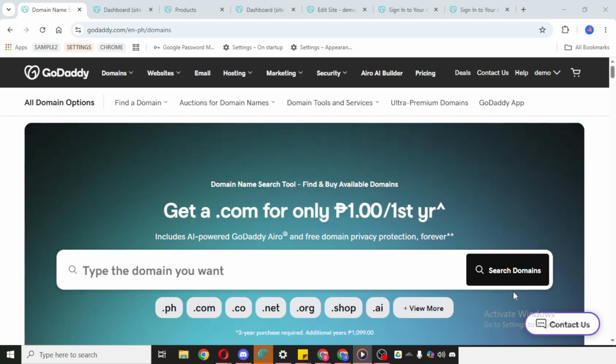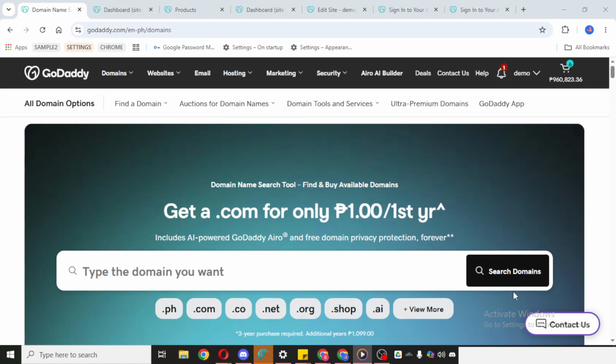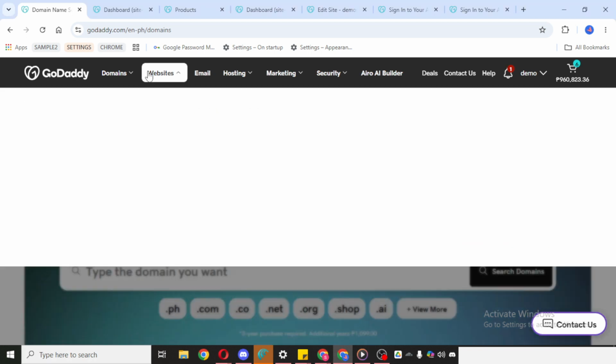Once you're inside your account, take a moment to make sure you're on the main dashboard, so it's easier to find the tools you need. If you're new to the platform, this area is where GoDaddy organizes its products and services, including domains, hosting, and website tools. From there, click on Website. This will take you to the section related to your site options and website services. Next, click on Website Builder.